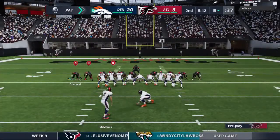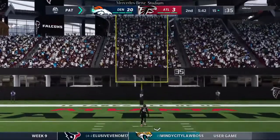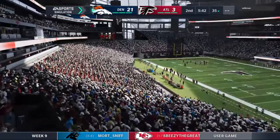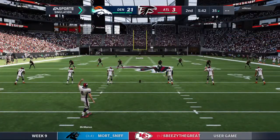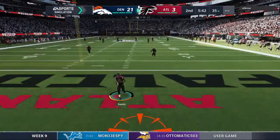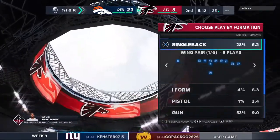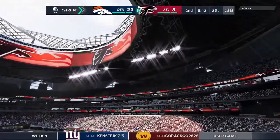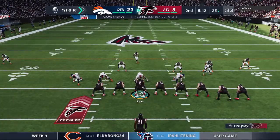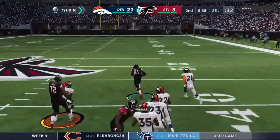Now McManus for the extra point. And it's 21-3. Good. Makes the score Broncos 21, Falcons 3. Brandon McManus to kick off. After the touchdown, here's McManus now to kick it away. And that'll carry over the back line of the end zone for a touchback. Their own 25-yard line, about set to begin their next drive, the Falcons offense at the line. And this, let's face it, is an important drive if they're going to get back into this ballgame. Think about going into the locker room down 21 to...